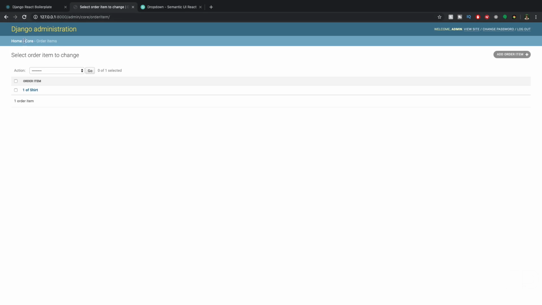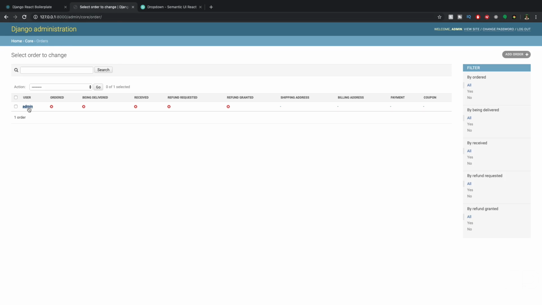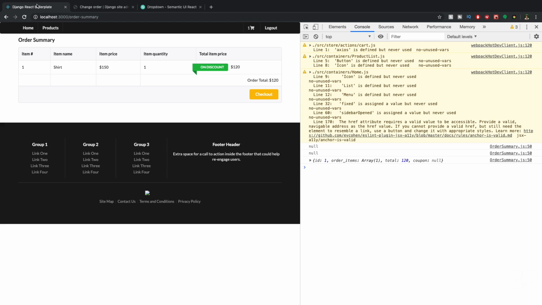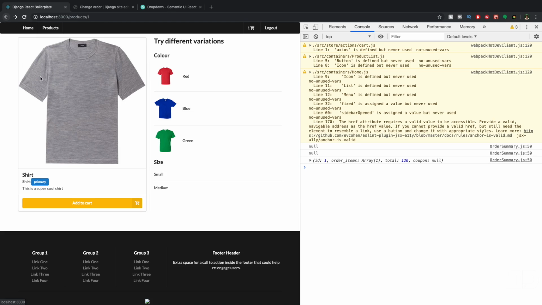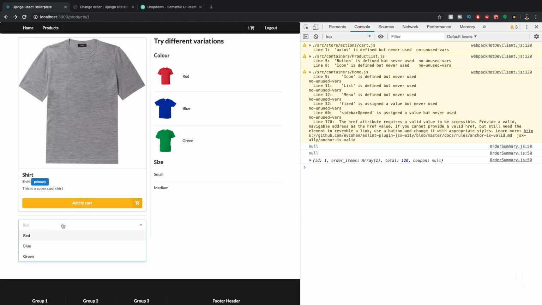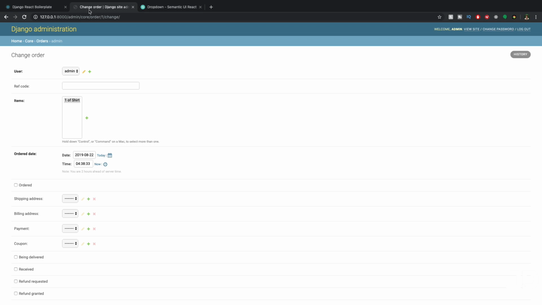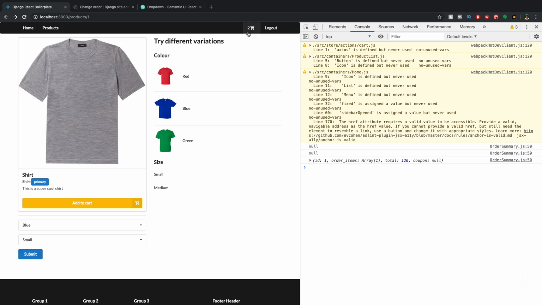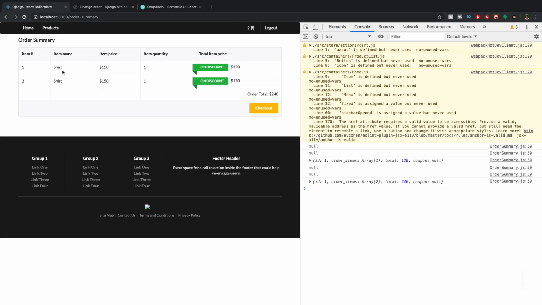We have one of shirt there. Let's go to the order. Okay, there's one of shirt. Then let's go back and let's add blue small, submit, refresh here. Okay, cool. So they are being added to the order now. So that's correct. Now we just want it to be that if we go to checkout, here where it displays